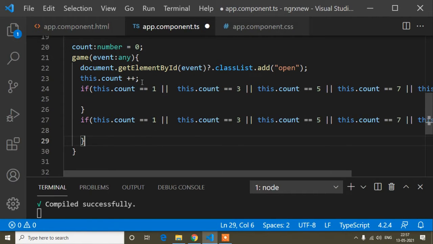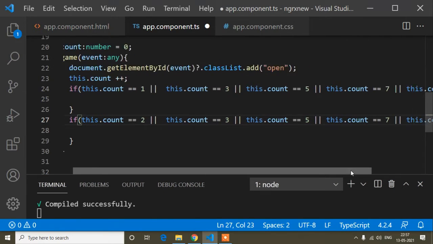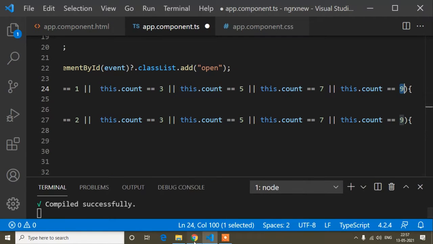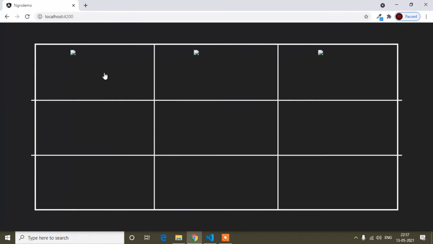Okay, so here this one is the odd numbers, and here I will write the even numbers, and you can see here I have defined up to 9. Okay, so why up to 9? Because guys, if I close this, you can see there are 9 boxes here, 1 2 3 4 5 6 7 8 9.